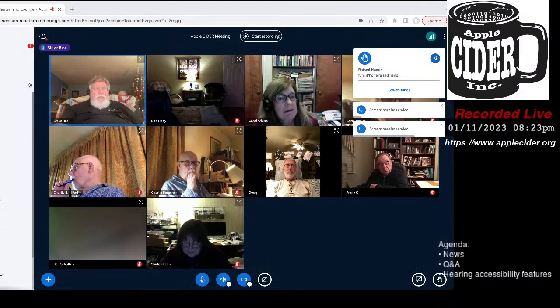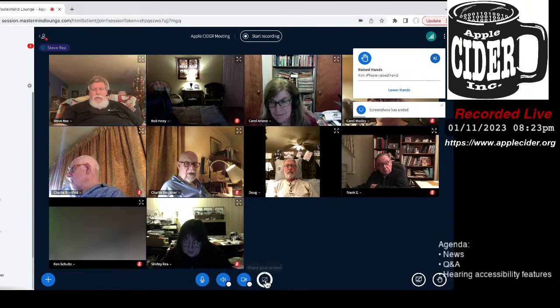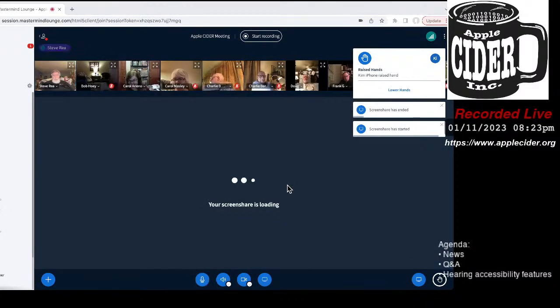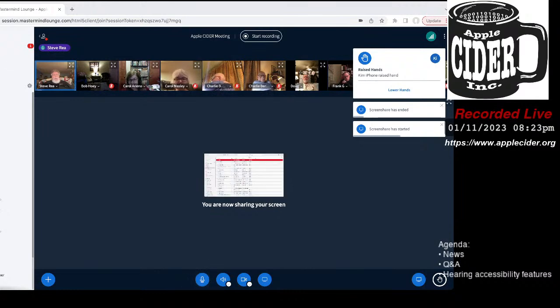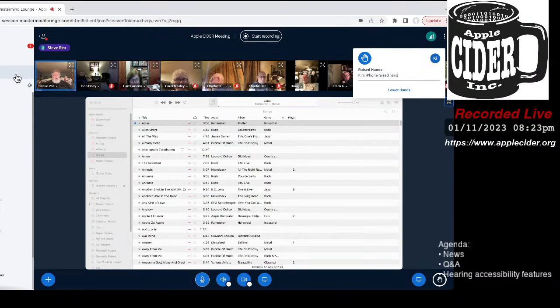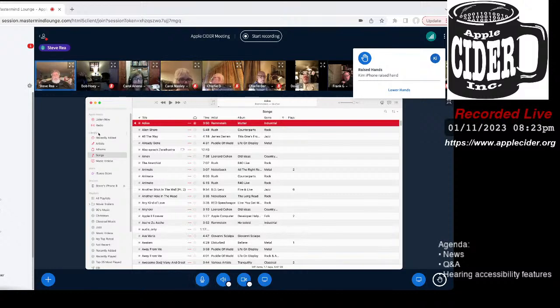Yep, here we go. Let me share that again. In the music app under library, you normally see your own library. But you may notice a little tiny arrow, and I can look at the music under my other computer.